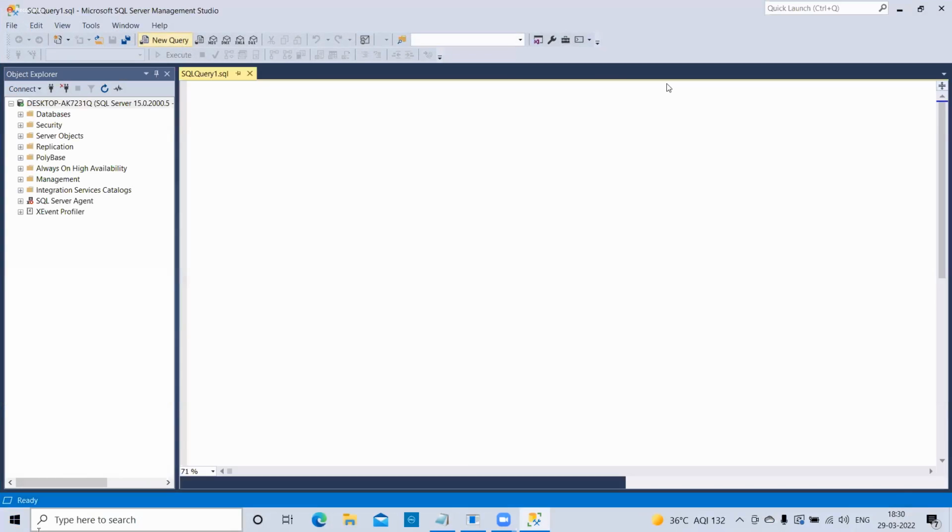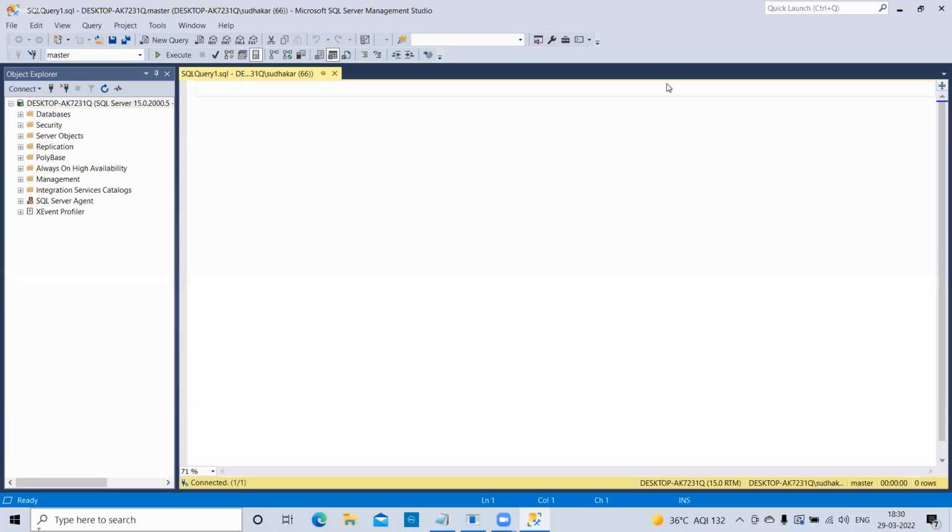So now I'm creating one small table for that, because for comparison purposes it is very easy for us. First I will show you one small table, how this logic will be applied, and how to get your highest salaries. Once you understand the logic, you can apply it on any big data table.